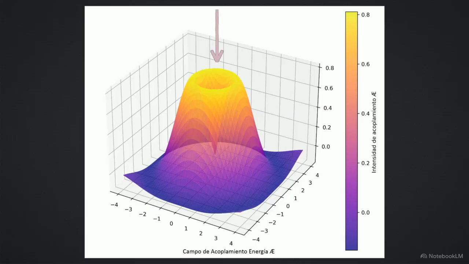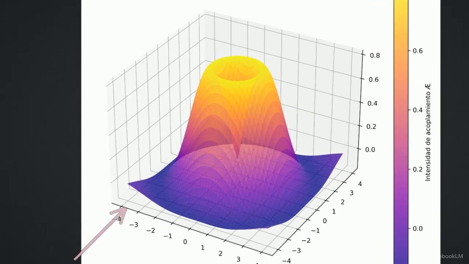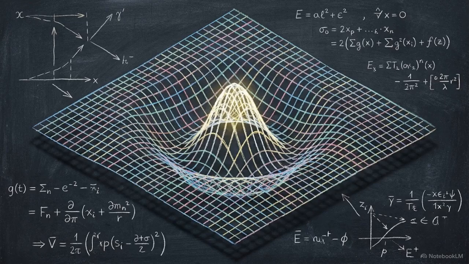The yellow peak represents maximum coupling intensity, where phase is tightly synchronized. Moving away, synchronization drops off, creating sloping purple edges. This spatial variation of coherence warps the field's geometry. We experience this warp as gravity. It's the field's geometry adapting to internal gradients of coherence, without the need for a separate graviton particle to carry